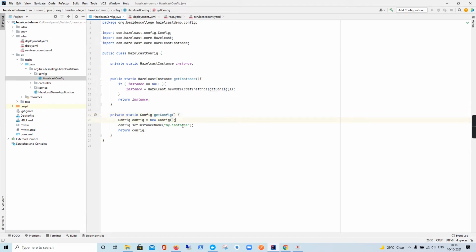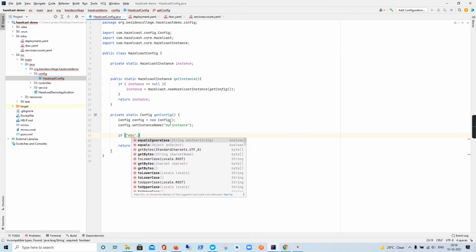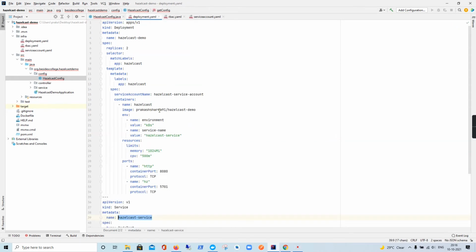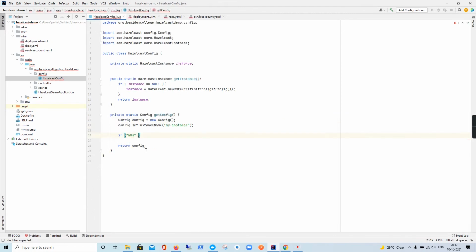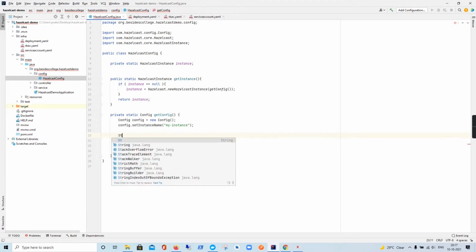Basically, first we want to know whether we are in a Kubernetes environment. For that, we have provided an environment variable whose property name is environment and the value is Kubernetes, k8s. That way we will be able to know what kind of environment we are in.